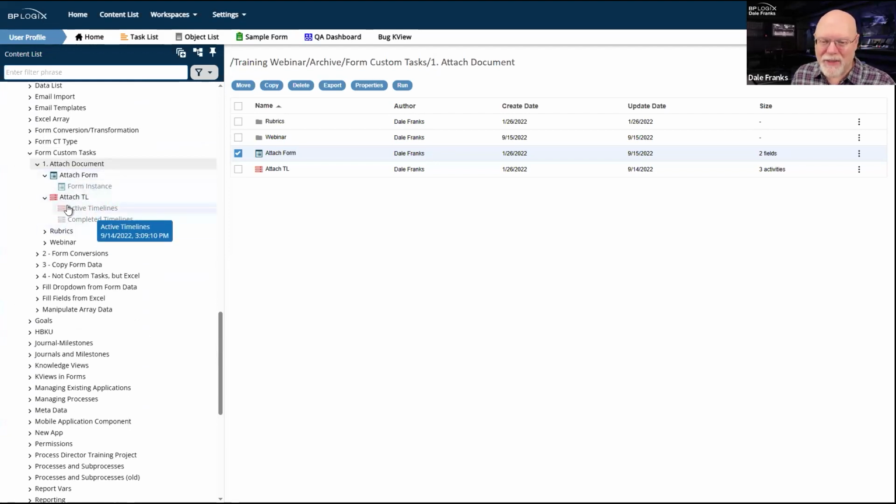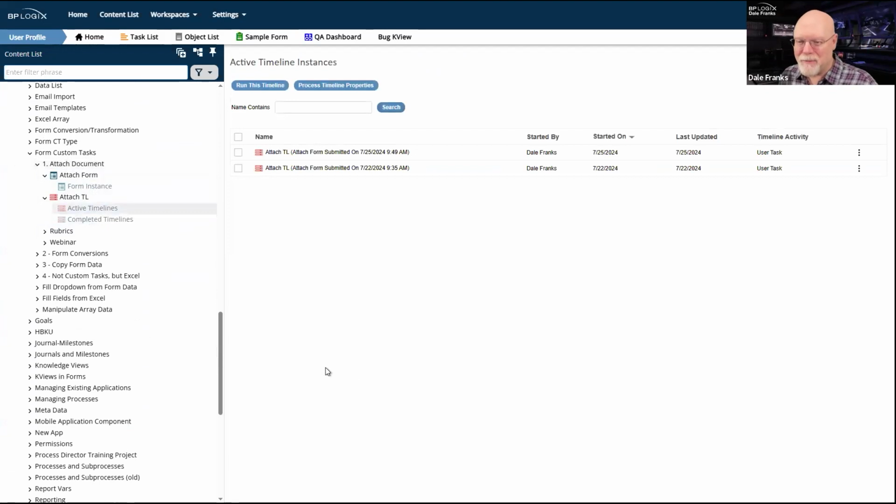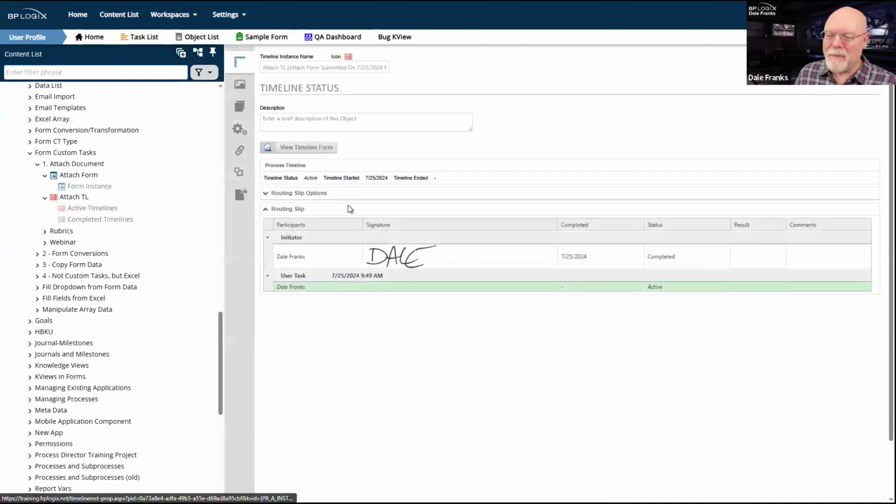I'm already in the folder. So I can just go to active timelines and that will open up my active timeline. I did not realize that I had an active timeline from a couple of days ago. Well, shucks, I guess I could have used that one, huh? But we have this new one here, and we'll go ahead and go into its properties.